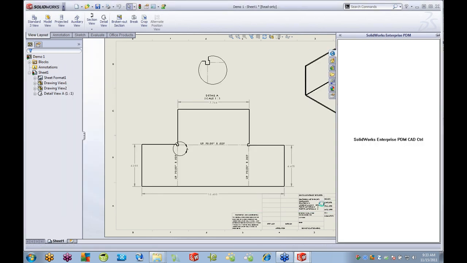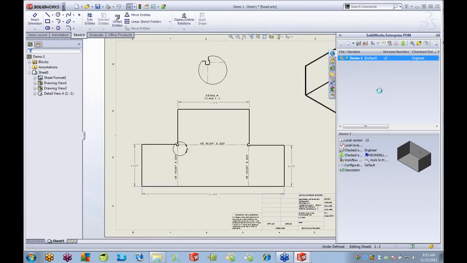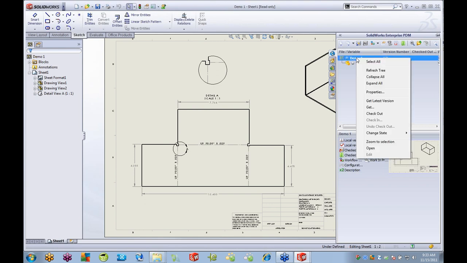Now here's the neat thing. I've just checked those in, and now I've relinquished ownership of those files. I didn't check the box for keep checked out. By relinquishing ownership, now anybody else in the organization with proper privileges will be able to check out those files as well. Now, from my perspective, I also, with privileges, have the ability to go back and look at older